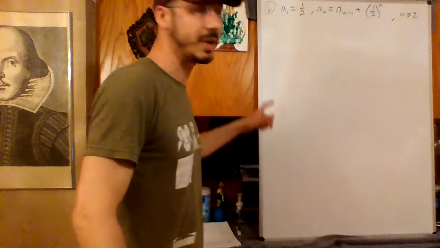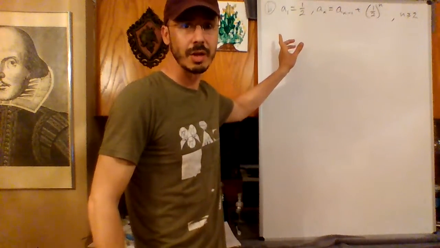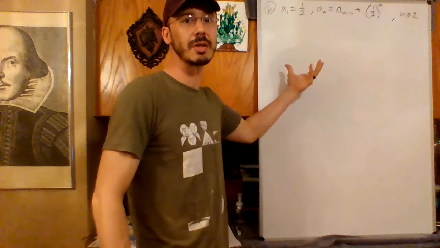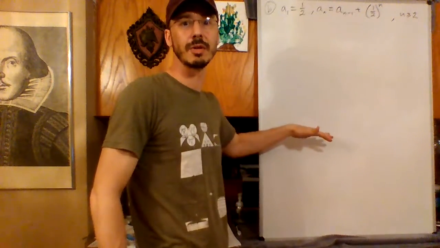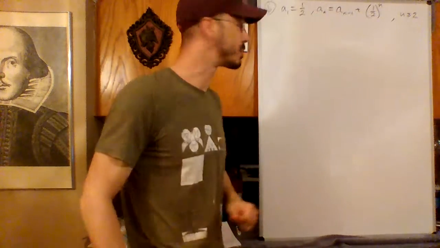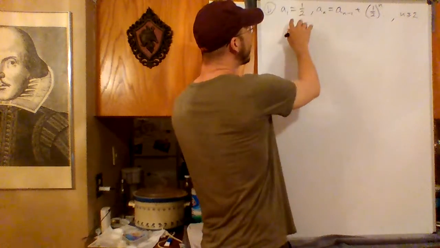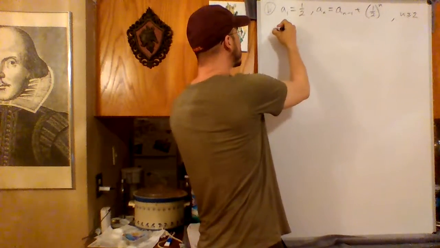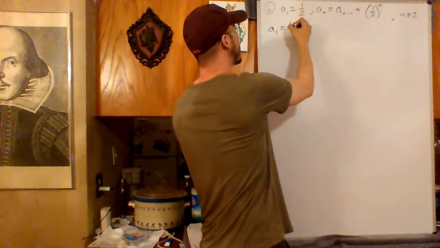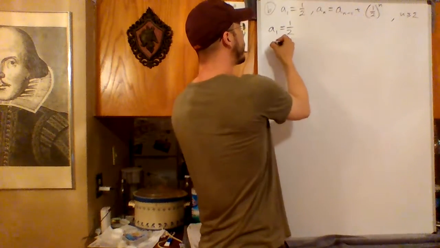All right, for part B of this example, I'm going to do it a little more efficiently. I'm just going to list the terms and then look at the pattern and the results. So I'm given that A1 equals 1/2, so I can write that down to look at as part of my pattern. For A2,